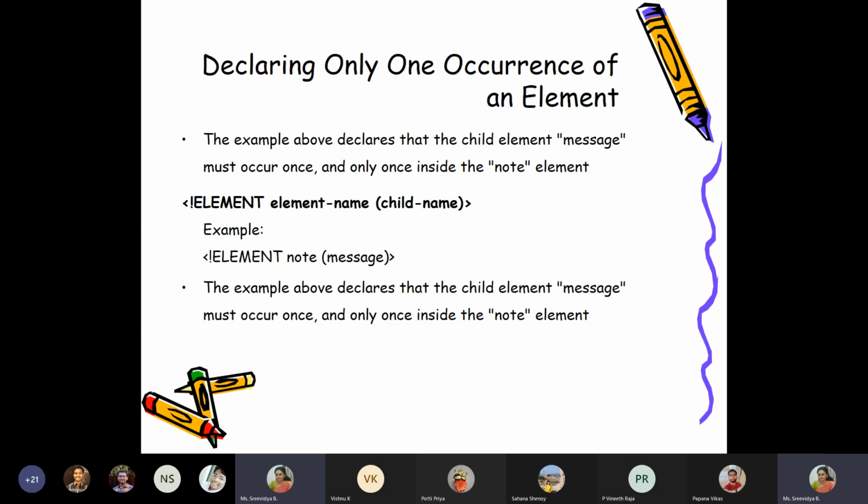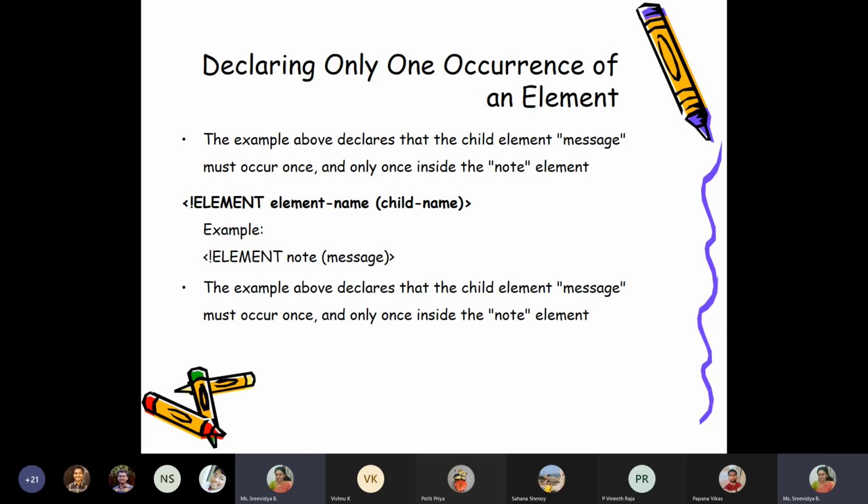Now we spoke about container elements, which can have child elements. This one talks about how many times the child element can appear in the container element. Say, for example, message is a child tag of note. This is another example, not to be confused with the previous one, where note had to, from, body and heading.